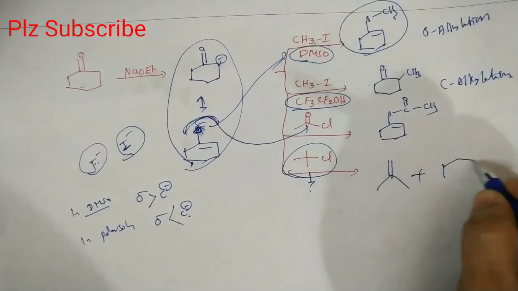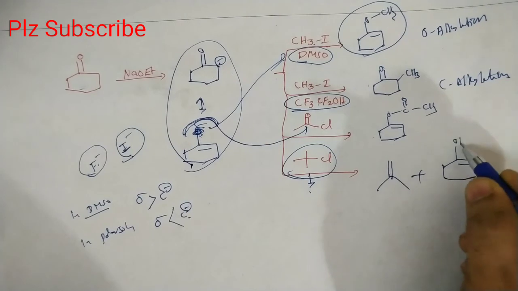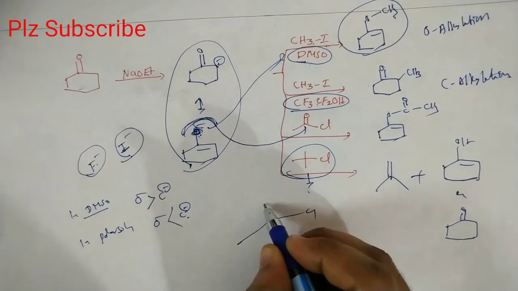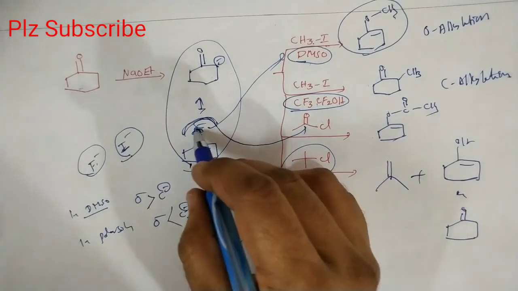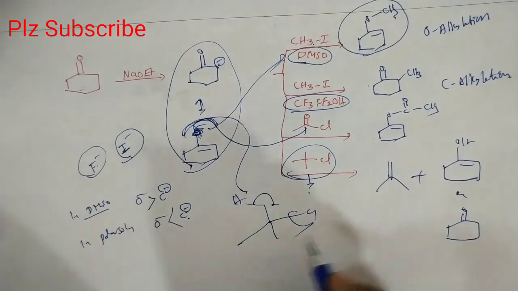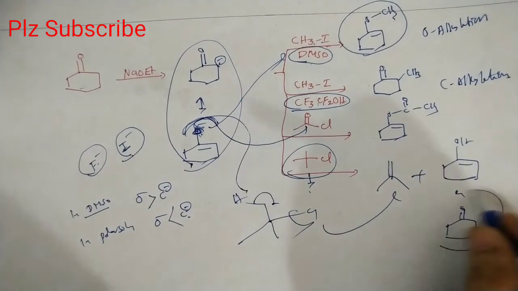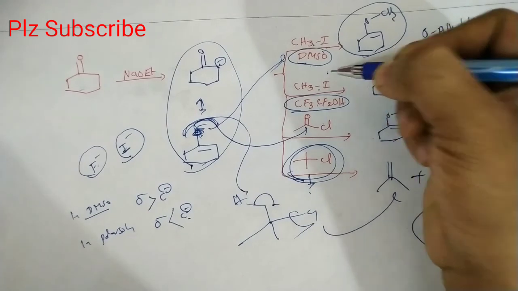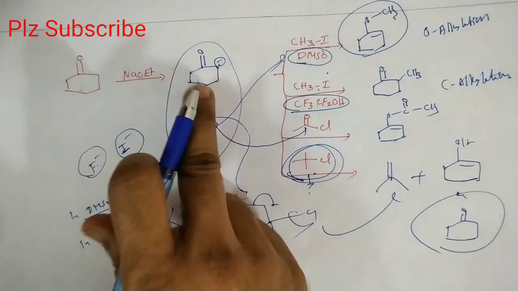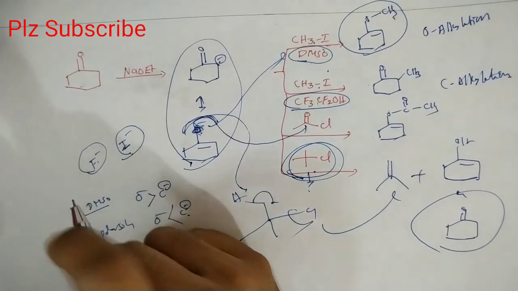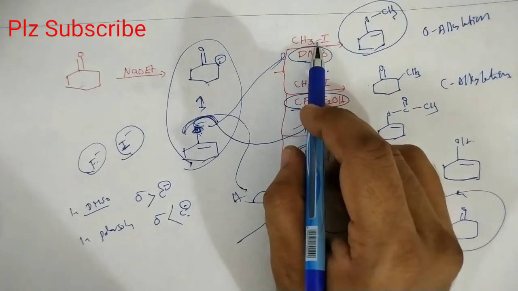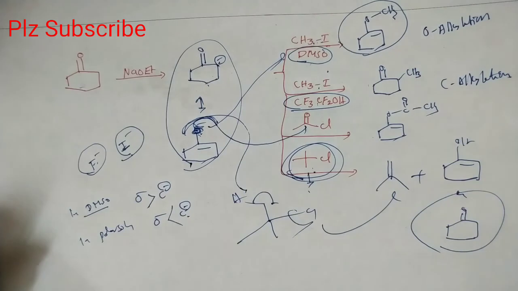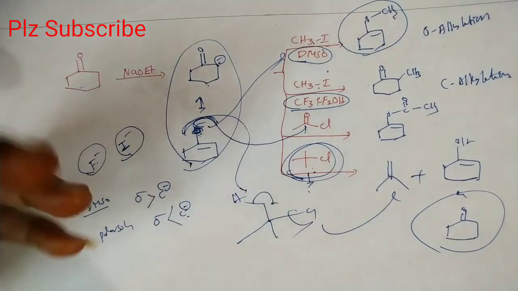That means it is converted to the enol, and this enol is also converted to the keto form. The elimination takes place by the removal of H plus by the O minus, and with removal of the Cl minus we will get isobutene as well as the ketone compound. Tertiary alkyl halides are less reactive in substitution like these two cases, so elimination dominates, because it is a conjugate base as well as a nucleophile. So with this nucleophile, simple halides give substitution, and bulky halides give elimination. So it is the alkylation of the carbonyl compounds, that means enolates.